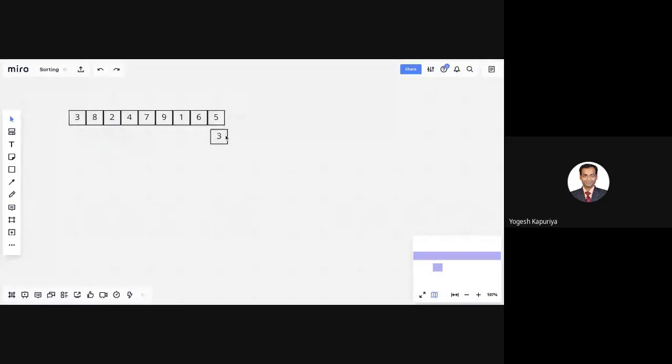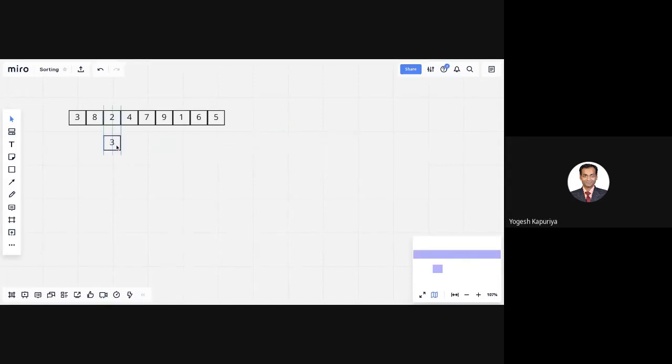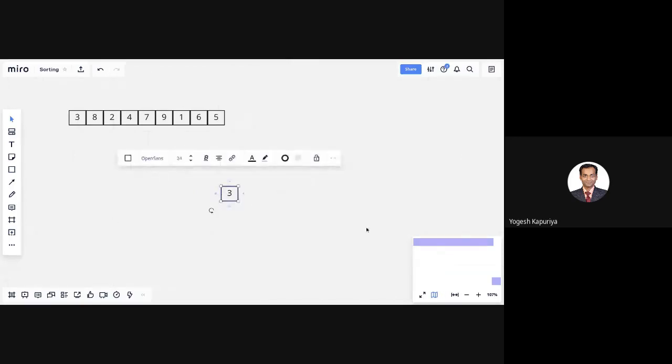I think I will discuss this by using the algorithmic steps only, otherwise it will not be clear. So let us say we have this pivot number. How do we find the exact position of 3? If you put 3 over here, it means that all the numbers which are less than 3 should be on the left part, and all the numbers which are greater than 3 should be on the right part. So if I want to put my 3 at a place in sorted order, anything less than 3 has to be on the left of 3, anything greater than 3 has to be on the right of 3.